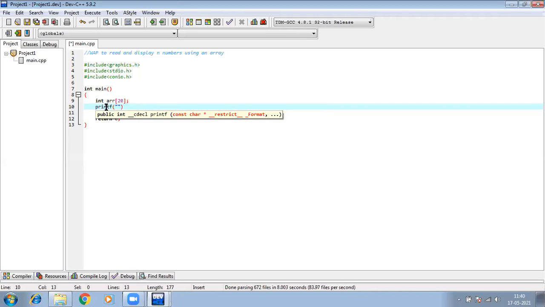So here that statement will come: enter the number of elements you wish to enter in the array.